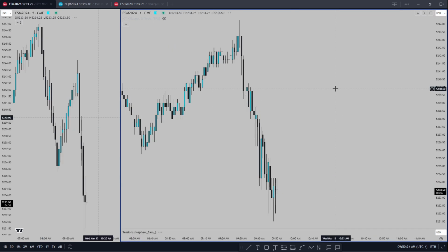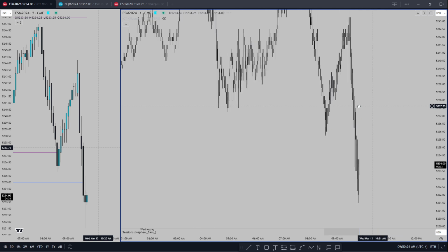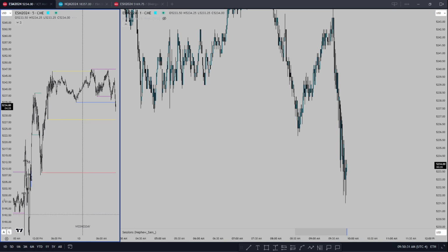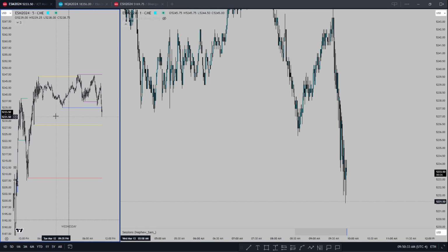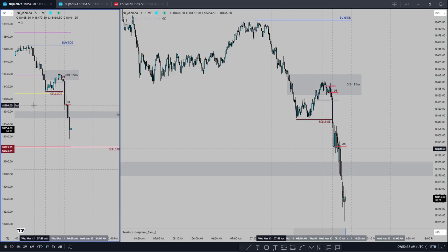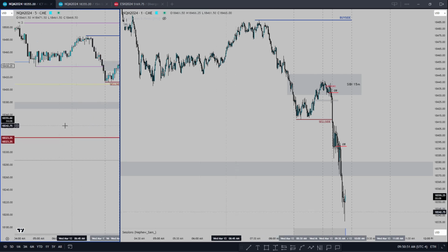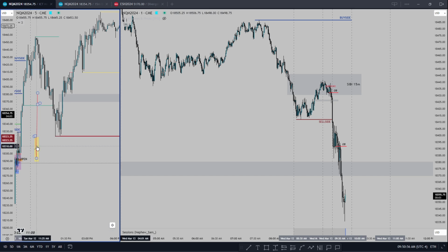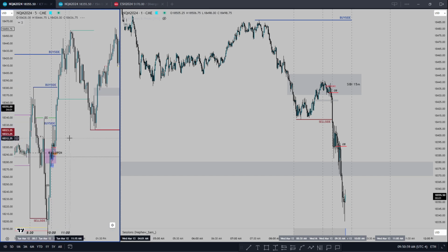Big SMT between ES and NQ. Oh, yeah. Lots of bullish SMT there. Also, 50% of the macro dealing range at CE of the 1245 wick. Yeah, so we could anticipate some sort of a bounce here. And if you look at the 5-minute, there's no clear